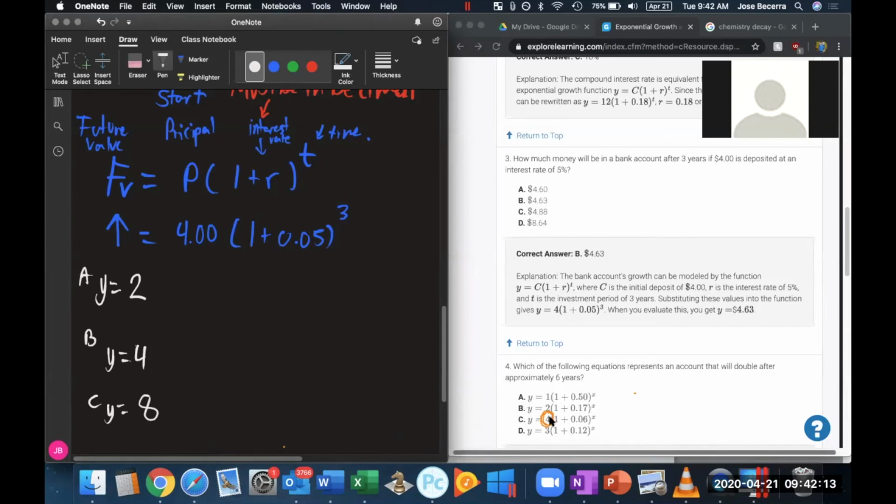8. Yep, because 4 times 2 is 8. And then for D, 16? No, it would just be 6, because 3 times 2 is 6. So for D, y should be equal to